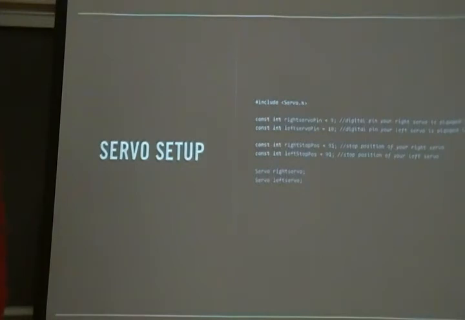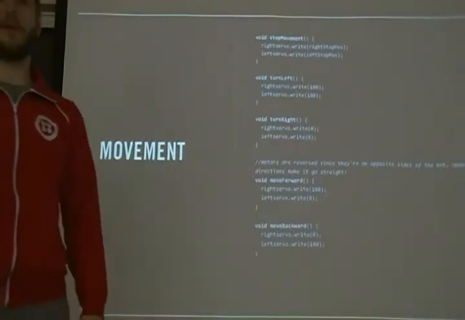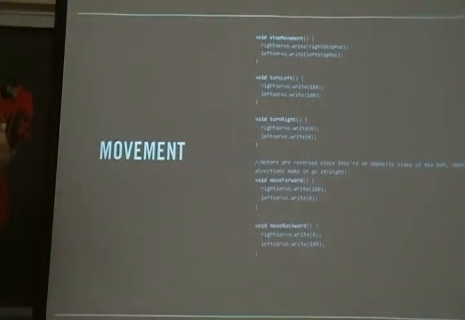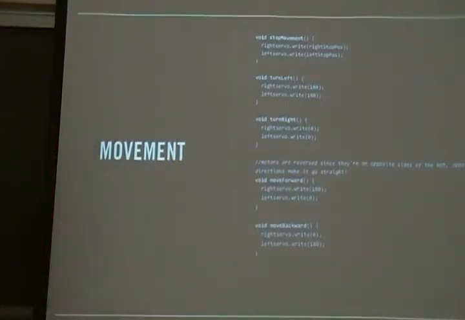We also have some servos we have to set up. Luckily, there's a servo library that we can plug into. And we have movement functions. How many of you have used a servo motor before? No one? Okay, maybe a couple of you. A servo motor is not like a typical DC motor. With a typical DC motor, you apply a voltage to it and it will just spin, right? It just goes. A servo motor only moves 180 degrees. So it can go from here to here, and that's it. That's all it does. It's great for moving arms, it's great for controlled movement,